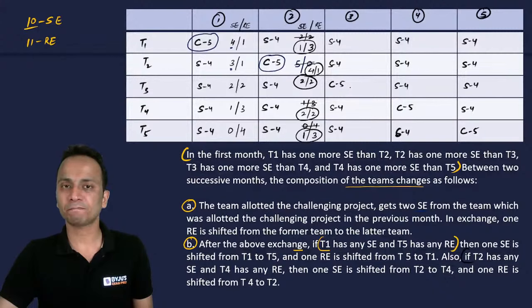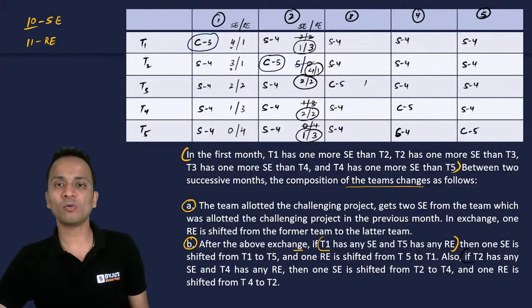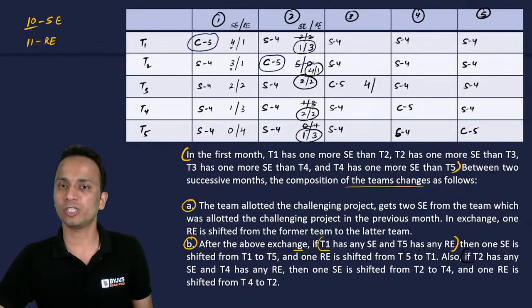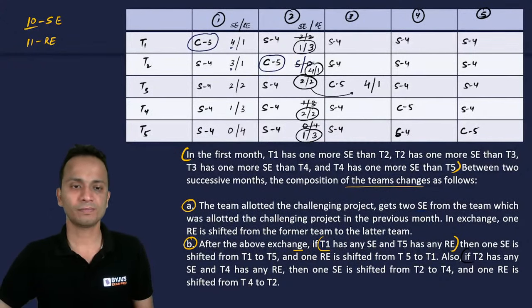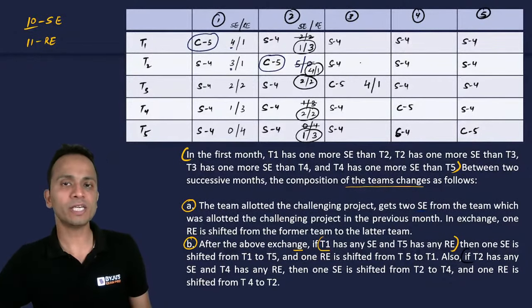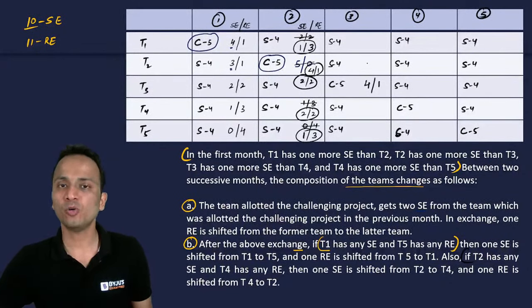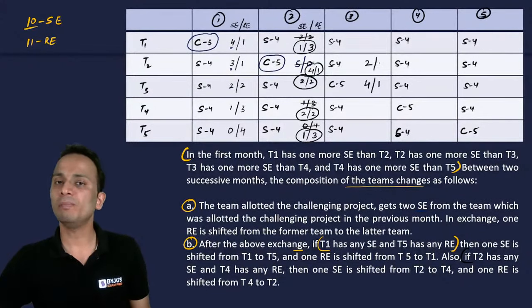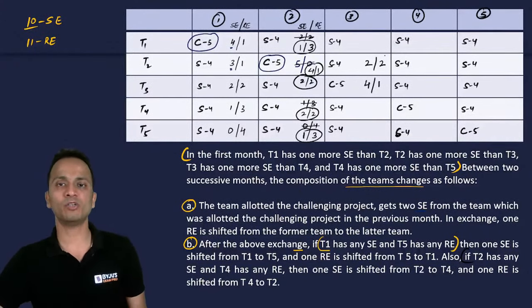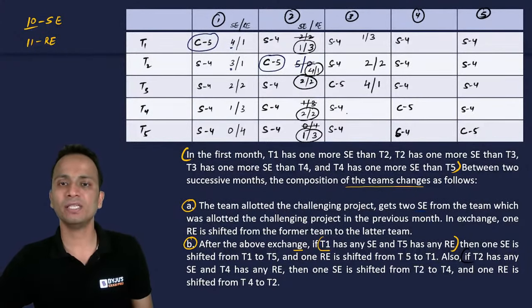अब 2 से 3 पे आते हैं. तो पहले चैलेंजिंग प्रोजेक्ट वाला जो है उसकी टीम को देख लेते हैं, राइट? सो स्पेशल 2 ऐड होंगे एंड रेगुलर एक माइनस हो जाएगा. ओके, सो 2,2 था इसका ओरिजिनल, सो यहां से 2,2 से 4,1 हो गया. ऑलराइट, ठीक है. एंड जिस टीम से इसने एक्सचेंज किया है, T2 से एक्सचेंज किया है, तो उसमें भी चेंजेस होंगे. सो इन दैट स्पेशल विल बी सब्ट्रैक्टेड बाय 2 एंड रेगुलर विल बी इंक्रीज्ड बाय 1. सो इसका 2,2 हो जाएगा. रेस्ट में सबके एज इट इज लिख देता हूं, 1 3 2 2 and 1 3, right?